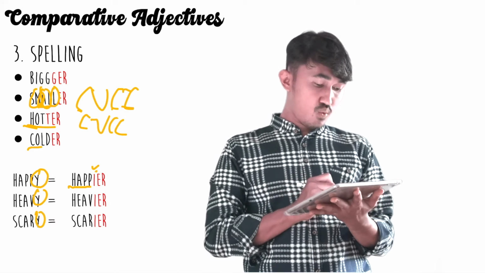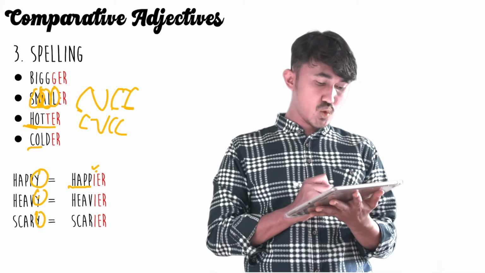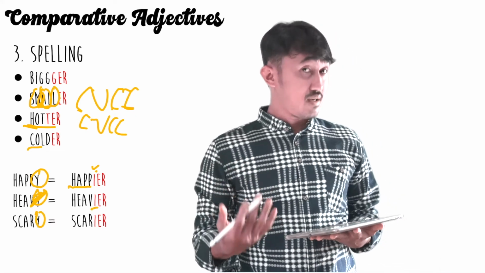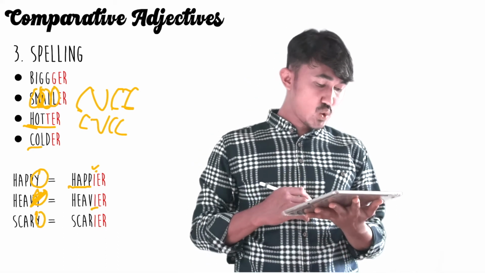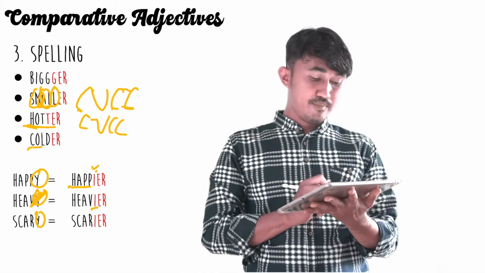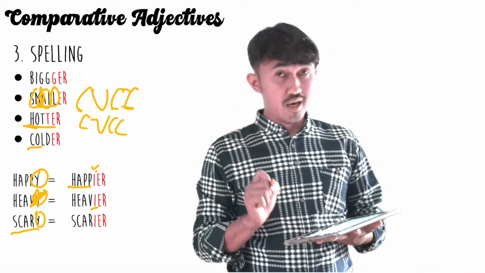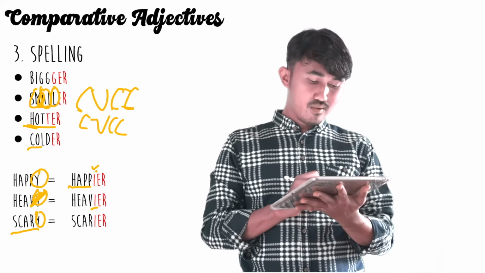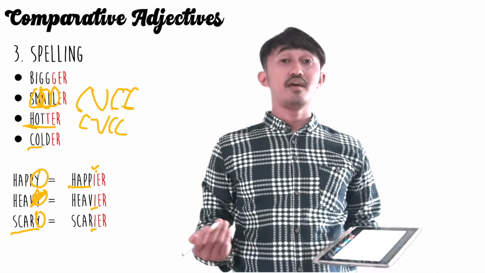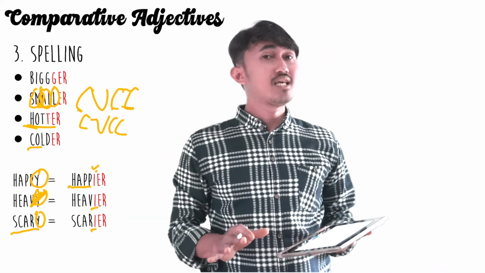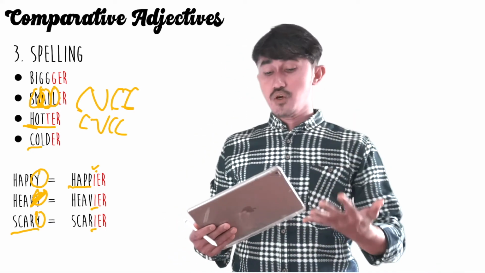Heavy, I have Y, and I have to replace it with I, then I say heavier. The last one, scary. We also have Y at the end, and we have to replace Y with I, so scarier. Is it right? So I think that's all for today. After you learn about comparative adjectives,